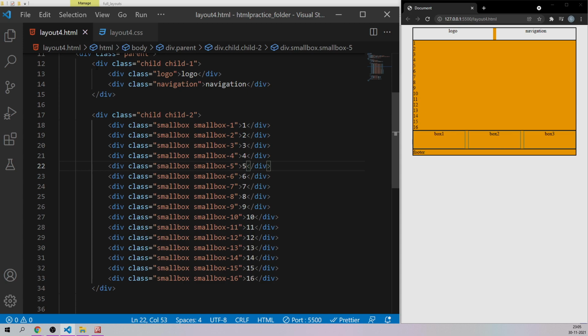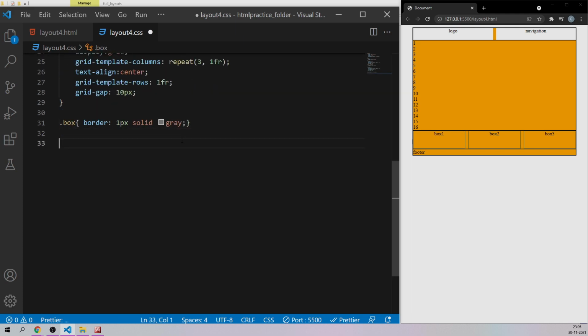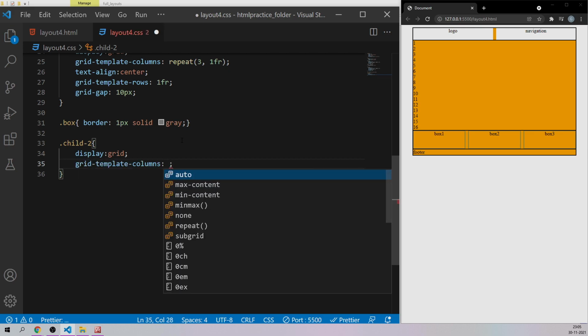Now let's come to the layout4.css, and here, this is the child 2. First let me grab this, and let's come here in the CSS file and say dot child 2 and say display grid. Nothing is going to happen because we have not mentioned the rows and columns. So grid-template-columns.